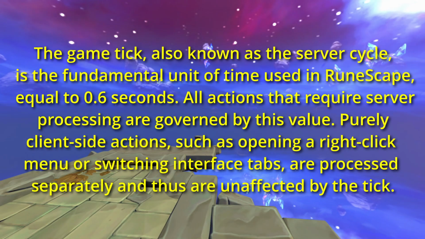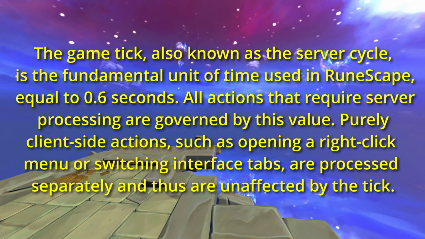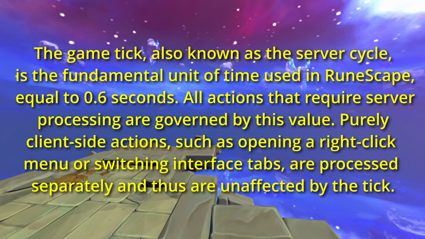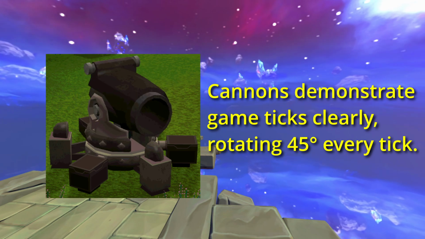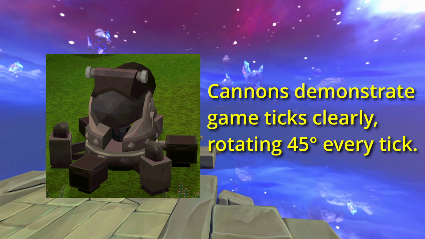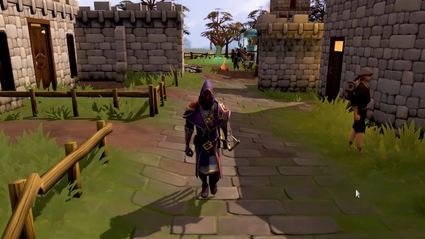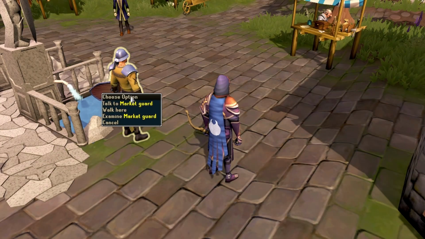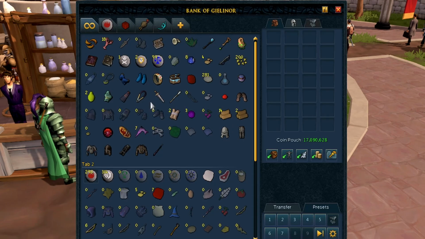on it. The RuneScape server cycle is the fundamental unit of time used to register your actions within the game. These units of time are often referred to as game ticks. Each tick is equal to 0.6 seconds. There are numerous actions within RuneScape that operate on different amounts of ticks. For example, running covers 2 game squares per tick, while walking only covers 1 game square per tick. Client-side actions such as clicking an NPC or opening your bank are processed separately and thus remain unaffected by the